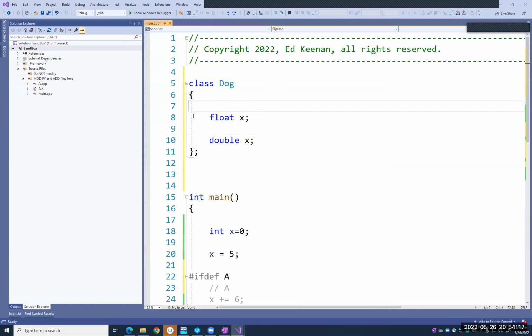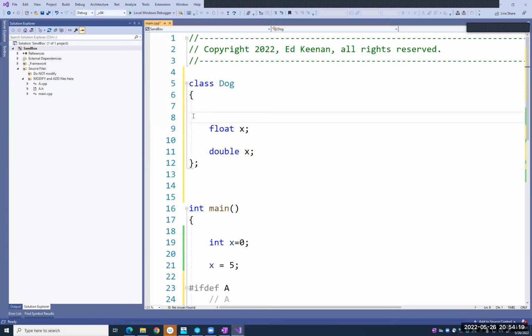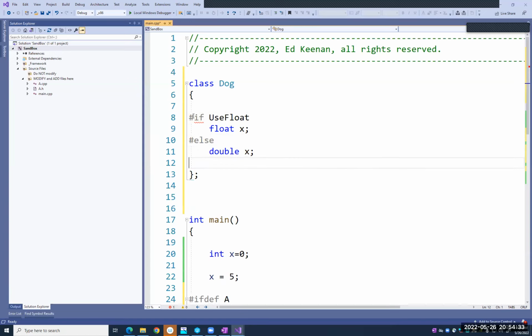Then you can go pound if use float, pound else. Is there a pound else if? Yeah, there's an else if as well. So now if I just define this,